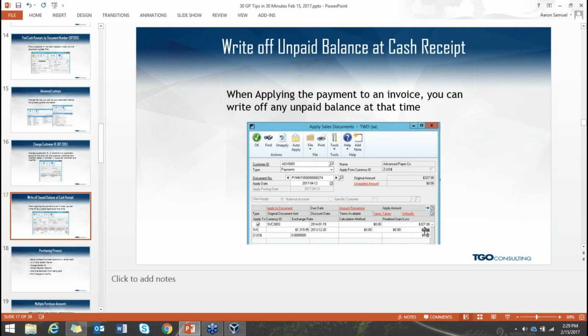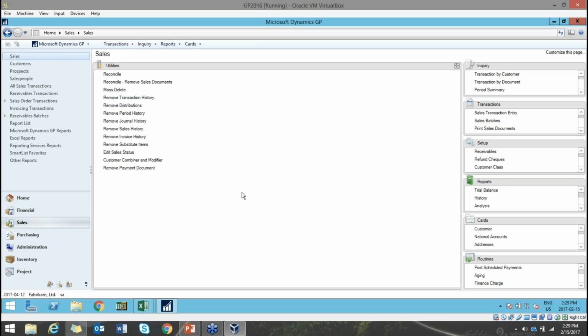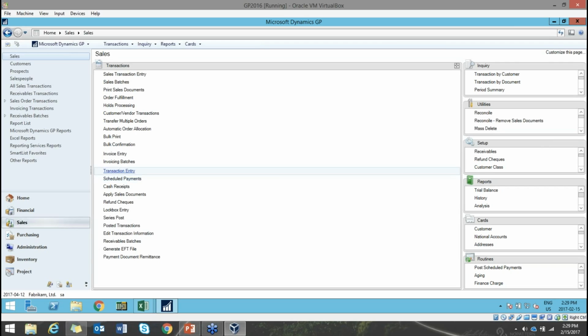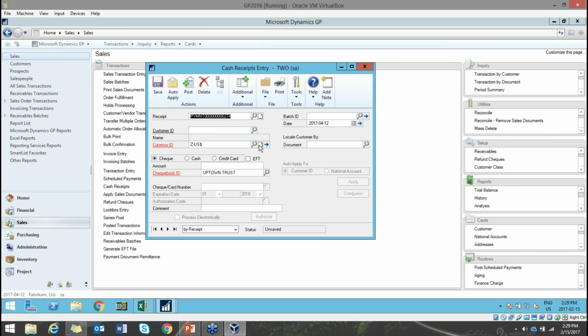And the next tip I have is writing off documents at the time that you do the cash receipt. So a lot of times people will come in and will notice that they still have 1 and 2 cent receivables left. And in order to get rid of it, they're doing debit memos and credit memos and trying to play around with that. So one thing that you can do and you can allow your staff to do, at the time that they do a cash receipt,